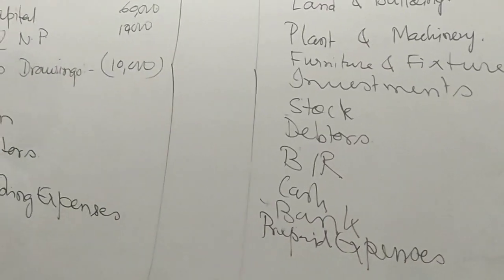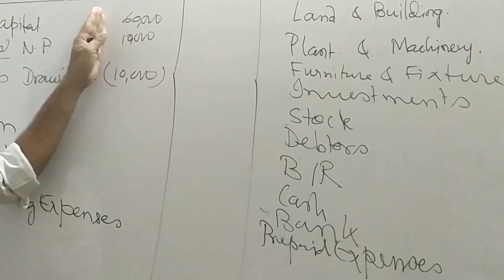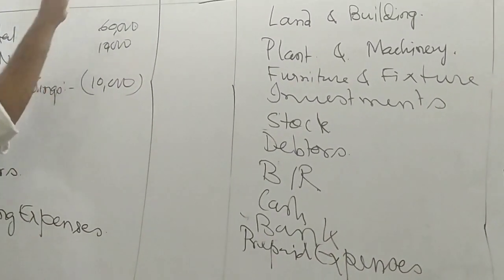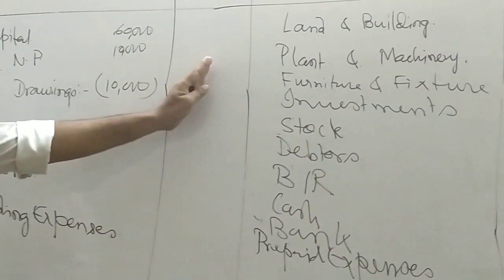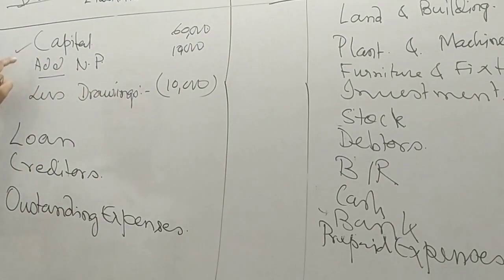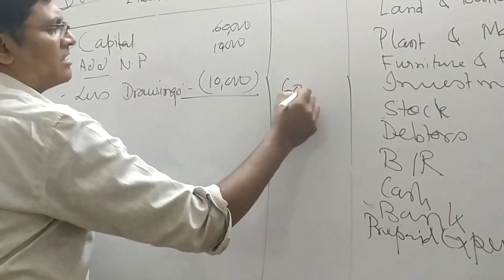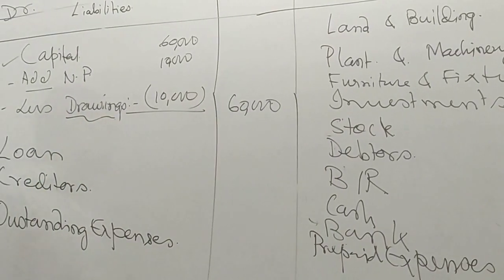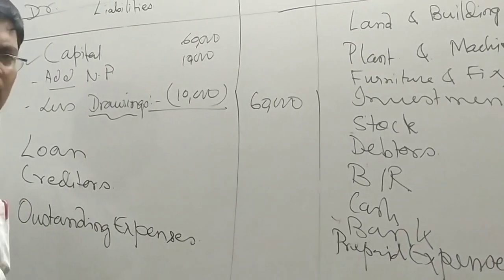See, in the trading and profit and loss account we have two items, purchase and sale, whose figures we do not write directly in the amount column. Similarly, in the balance sheet, this is the only item which we will not write in the amount column directly, because we have some calculations: capital, add net profit, less drawings. So this is 60,000 coming. Notice, students, drawings is always given in the debit column of the trial balance, so we are subtracting over here. While we do the big sum, you will understand.